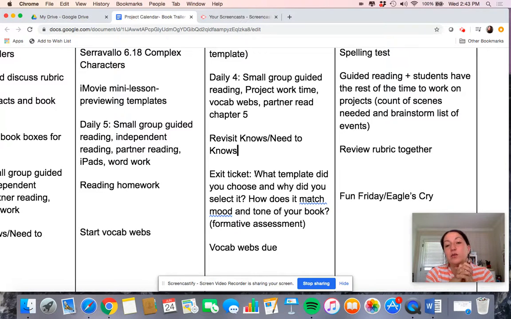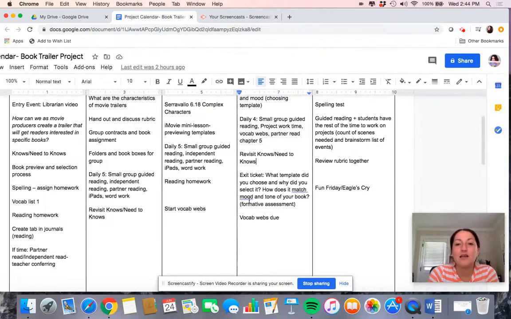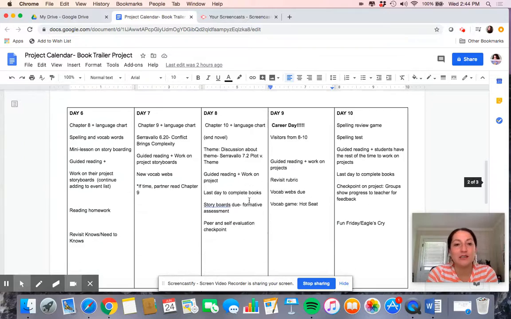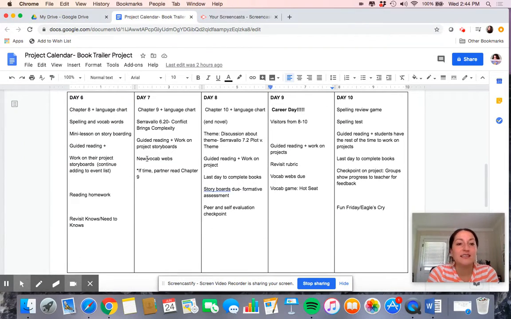It looks like they have reviewing the rubric again before the end of the week, saying okay, how are we doing on this? And then they have Fun Friday. So that's what the first week might look like. Let's keep moving along. Day 6,